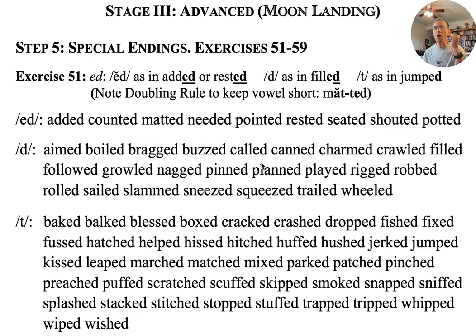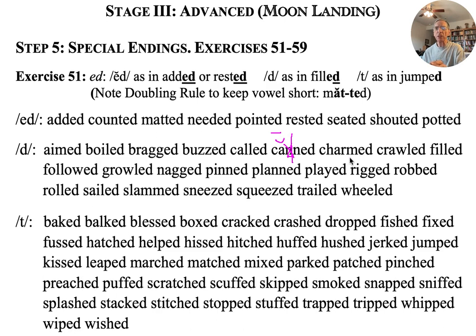Called. He called me on the phone. Canned. Two consonants to keep that short. When you say canned, you only hear one consonant. So if you're writing from the sound, you will misspell this word. You have to remember with your eyes how to spell this word. And it helps if you know the rule that you're doubling that to keep that vowel short. If I took that N out, that word then would be caned, and it would be a long vowel,